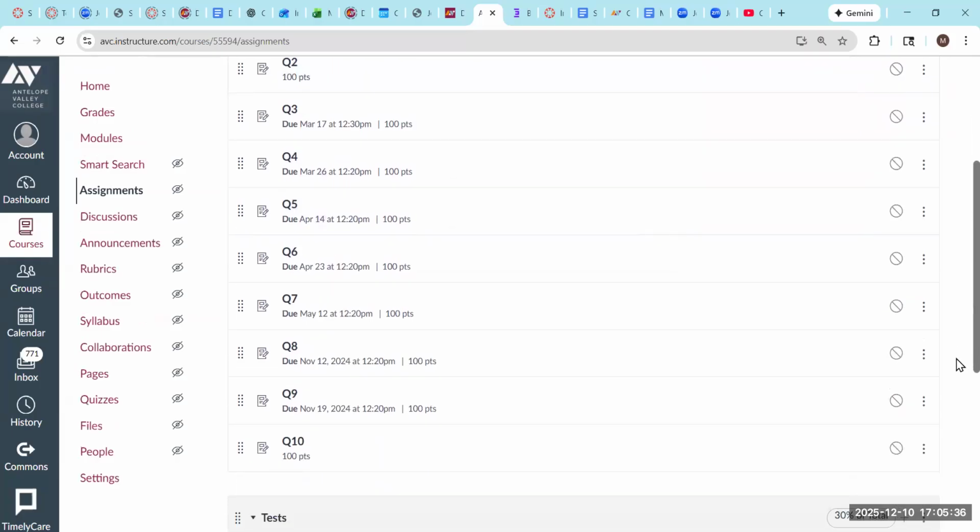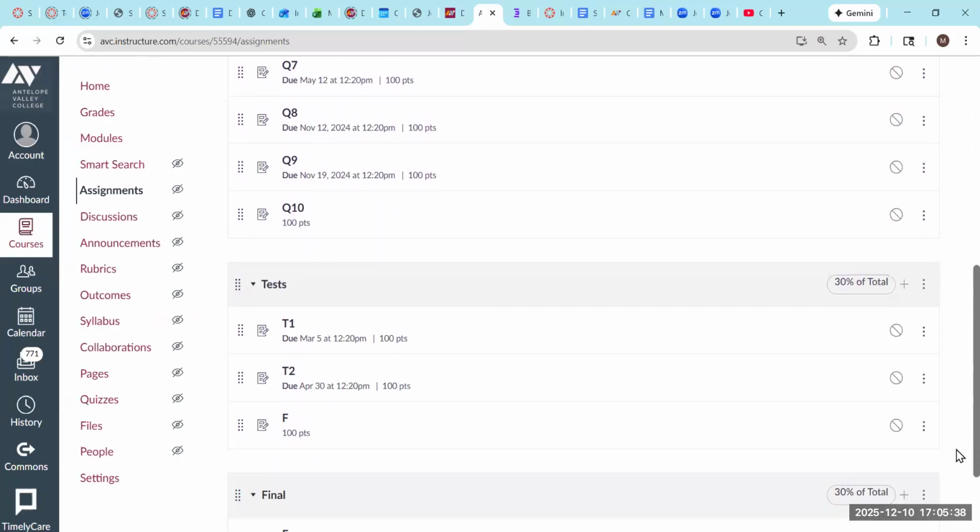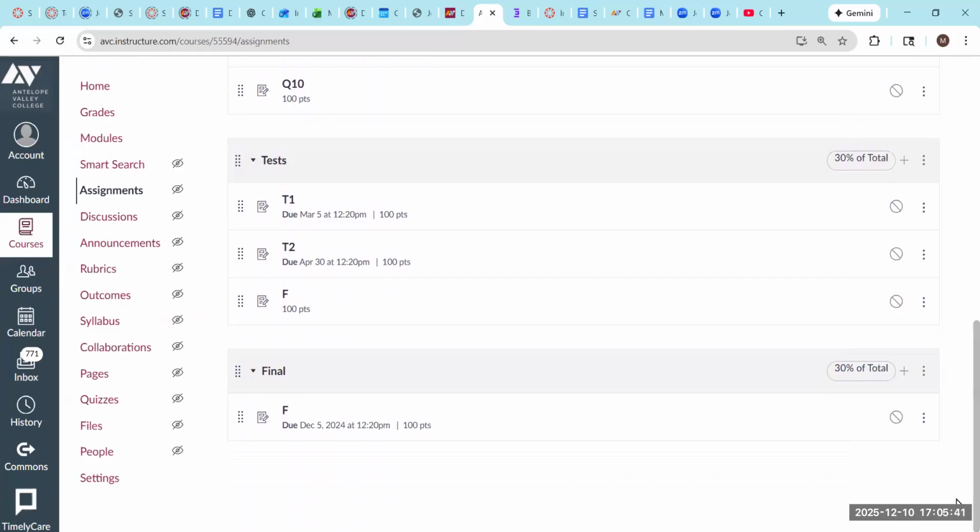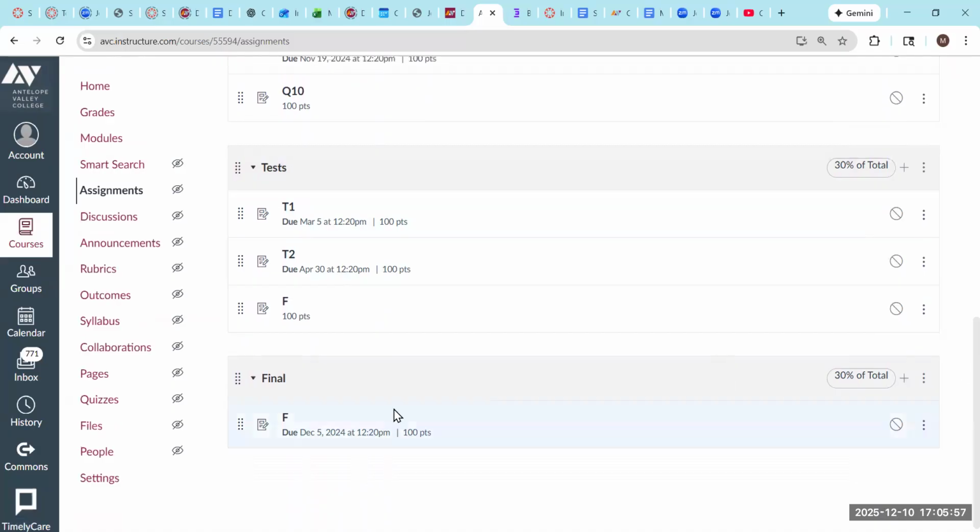And then for the exams, there's 2 exams and a final. Notice here I have the final exam under the tests, and the final also has a separate category. The reason I did this is because in my course, I make it so the final exam can replace the lower test score if it's better. So what I do is I enter the final exam in 2 places on the gradebook, and in one place it's treated